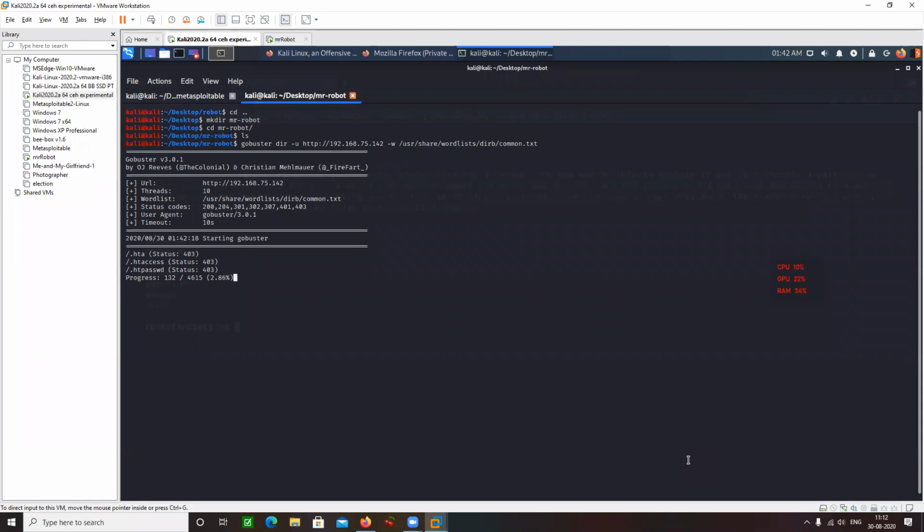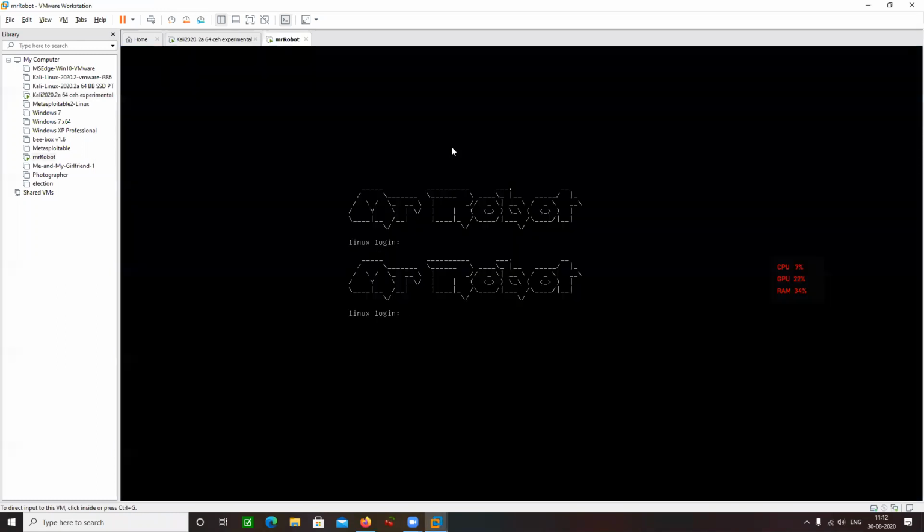Okay, I have received something in the chat, that there is no inet address after doing ifconfig. Yes, right. So that's why you are not able to find the IP address of Mr. Robot, because no IP address is being assigned to this machine. What you can try doing is just reboot it, because we cannot control the network adapter settings of this machine here.